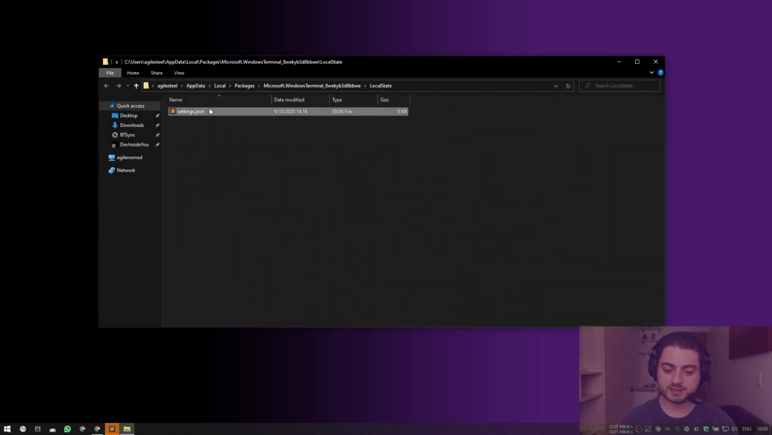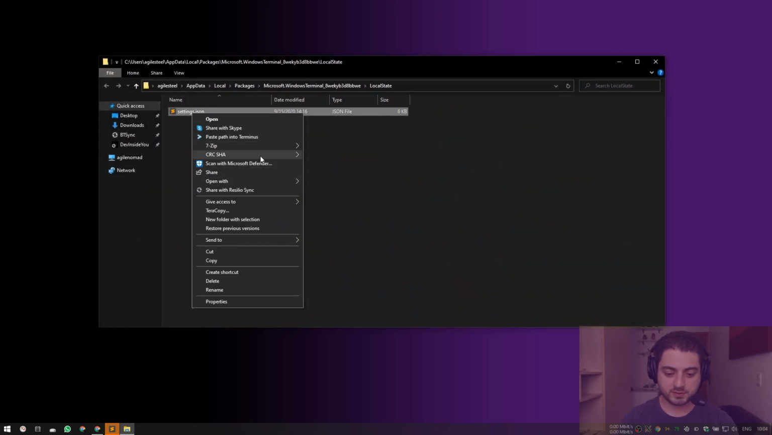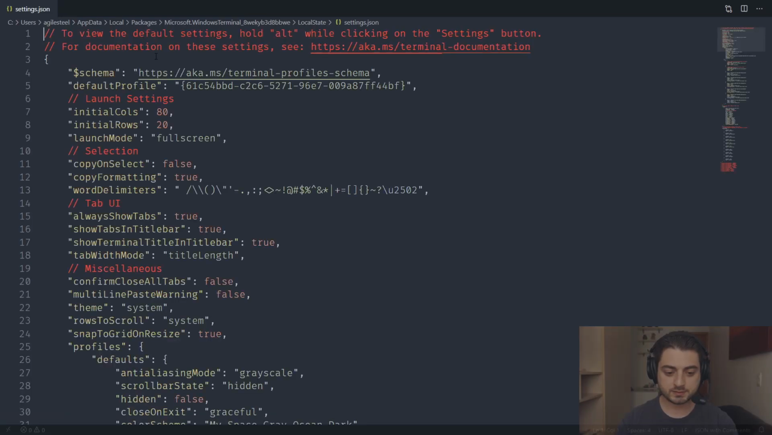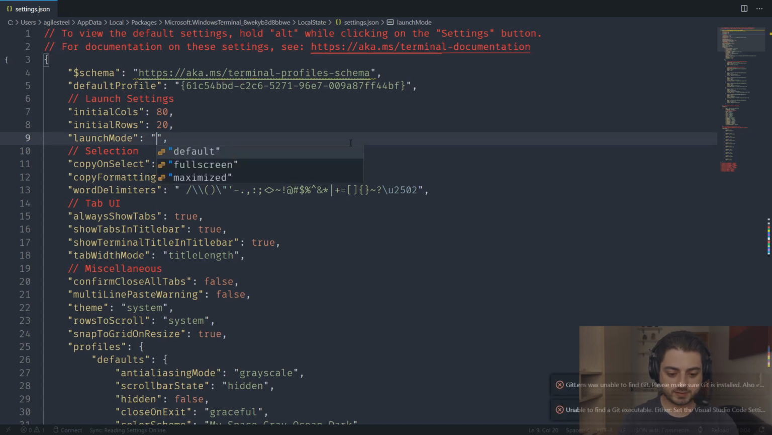It's this file called settings.json, and we're gonna do the same trick. Open with VS Code. All right, and now over here it should say full screen, and see, okay, we have default, full screen, maximize. Okay, so what you would usually do is you would just copy over the default settings,